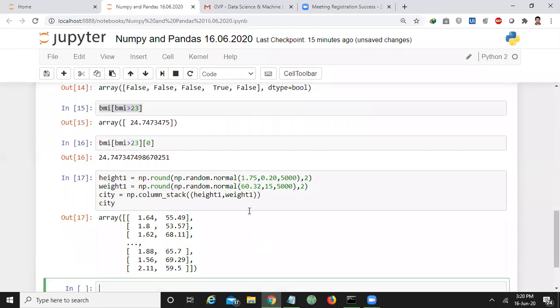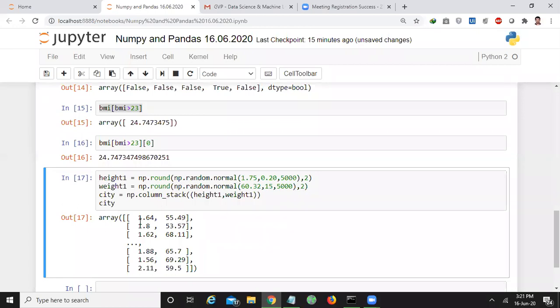Here, the first column elements represent the height. So 1.64, 1.8, 1.62 and 1.88, all these values come under height, and 55.49, 53.57 and these values come under weight.